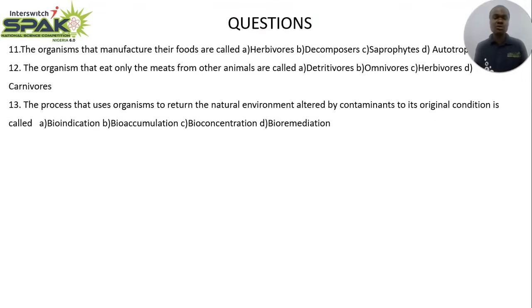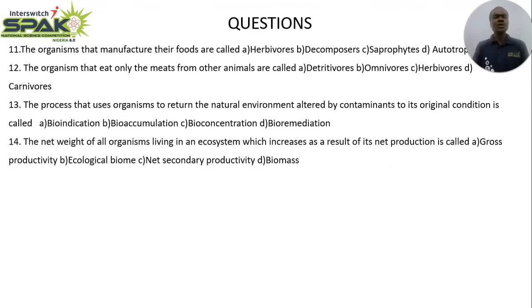There are some plants that can indicate pollution, bioindication, and afterwards you say, okay, the environment is laden with a particular component. You can use another organism to clear them off, to digest them and remove the contaminant from the environment. That's bioremediation. If the environment is polluted, what we need to do is look for an organism that can feed on the pollutant, thereby cleaning up the environment. So the appropriate answer is option D,